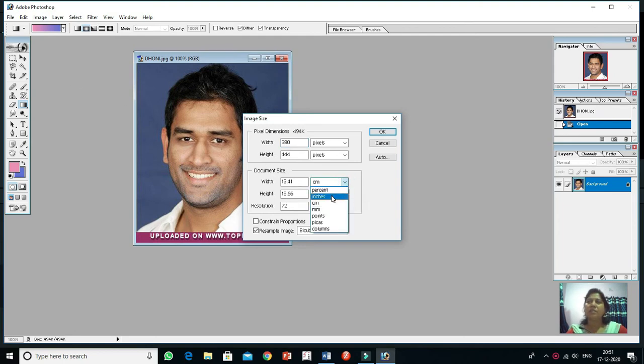Specify the height and width as 5 by 5 and the resolution as 200 or 300, it may be anything. Here I am specifying the width as 5, height as 5, and resolution as 300.